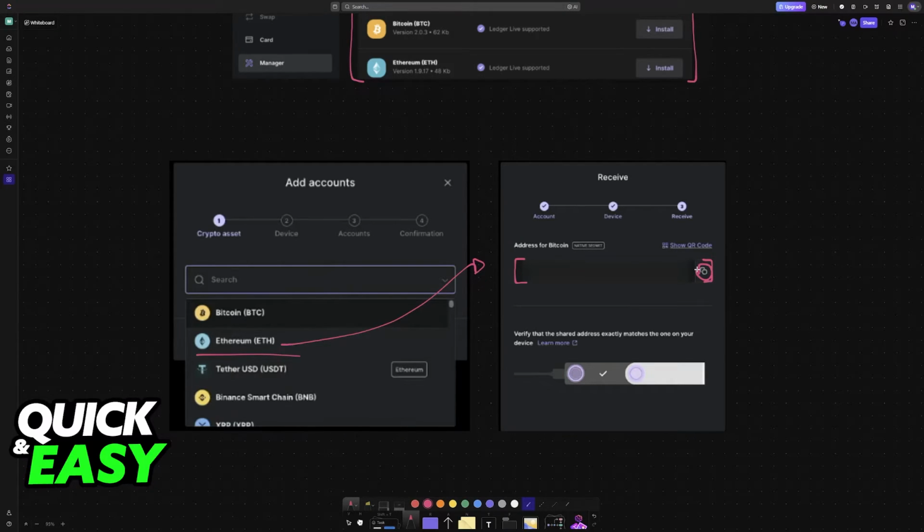There are three main steps, and you might have to look at the physical screen on your device to confirm. I'm just speeding through the process. Once you have this wallet address from Ledger, you are now able to input it in other exchange wallets, including